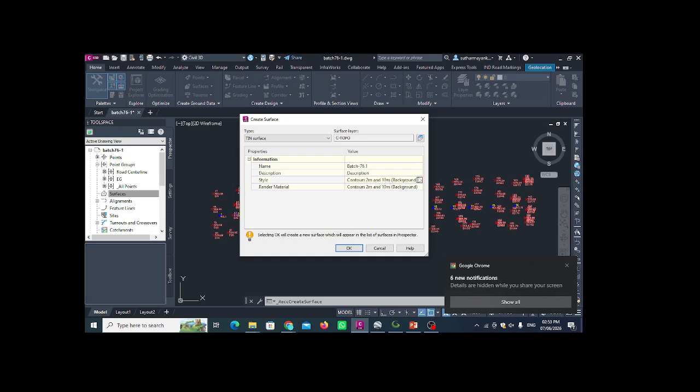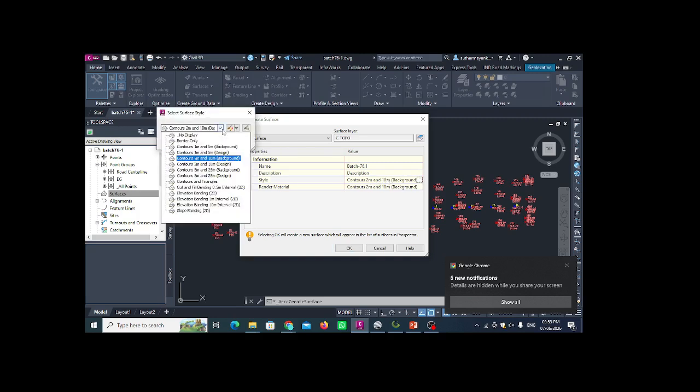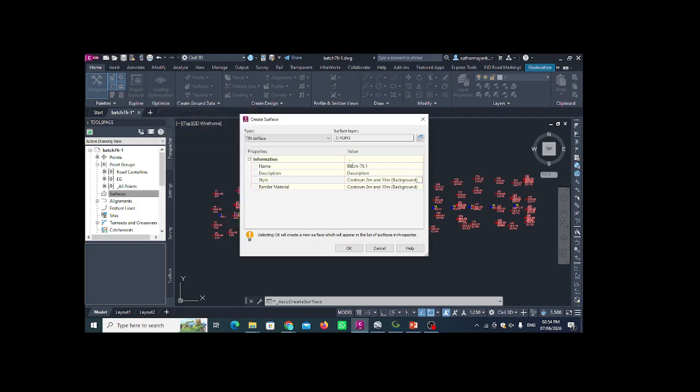So contour is like this. We have different, like we have 1 meter and 5 meter, or 5 meter and 25 meter. So this one is a minor and this one is a major contour. And like elevation banding and this thing, we are checking once we create the surface. So as I put this thing and click,